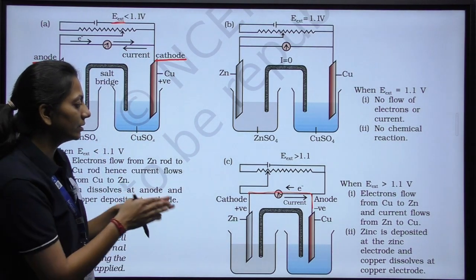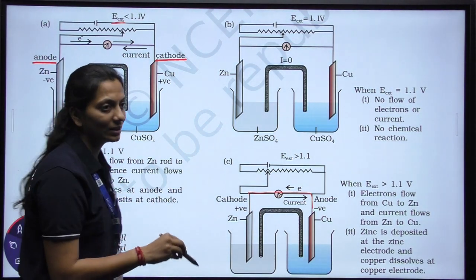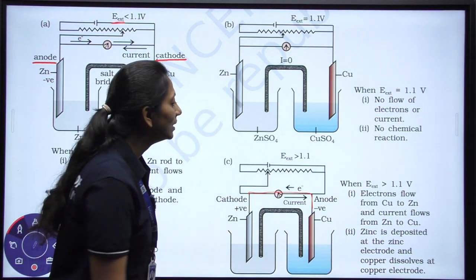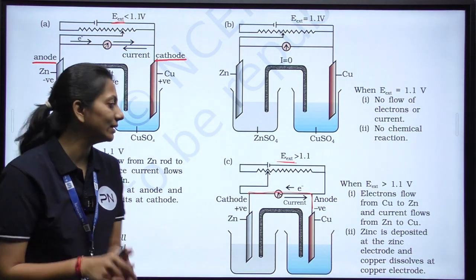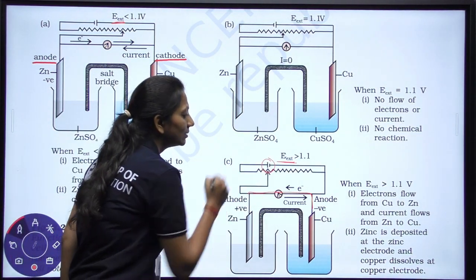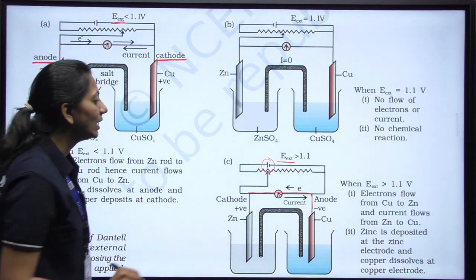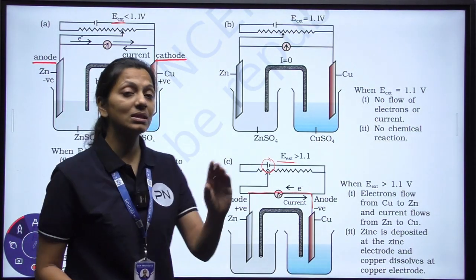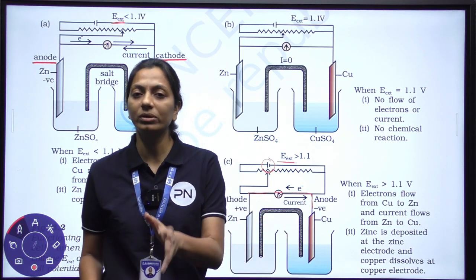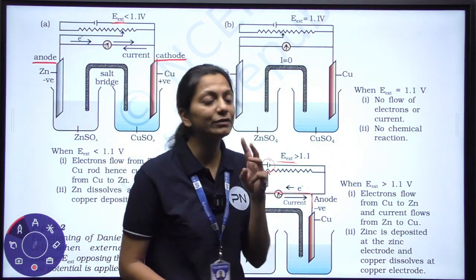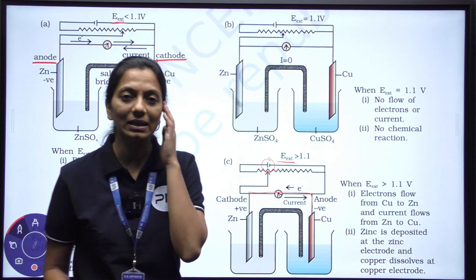But today what we are going to see here is that if I am adding an external battery, E external means the external battery has been added. This is the external battery we are talking about. Okay, and the external battery is having different voltages. We are not going to keep the same voltage battery. We are undergoing three different cases of the galvanic cell in this.